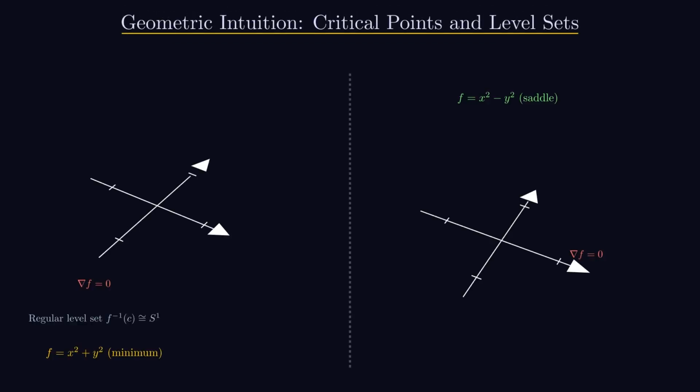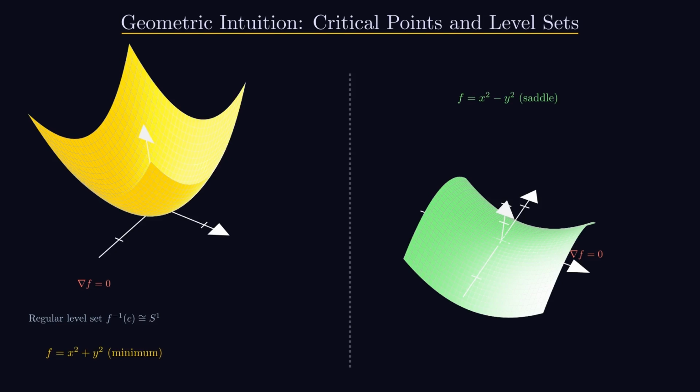Here are critical points on 2 classical surfaces. On the left, the bowl f equals x squared plus y squared, a paraboloid opening upward. On the right, the saddle f equals x squared minus y squared. Both surfaces have the origin as their unique critical point, the one place where all partial derivatives vanish. The red dot at the origin of each surface marks the critical point. At every other point, the differential is surjective, and the point is regular.